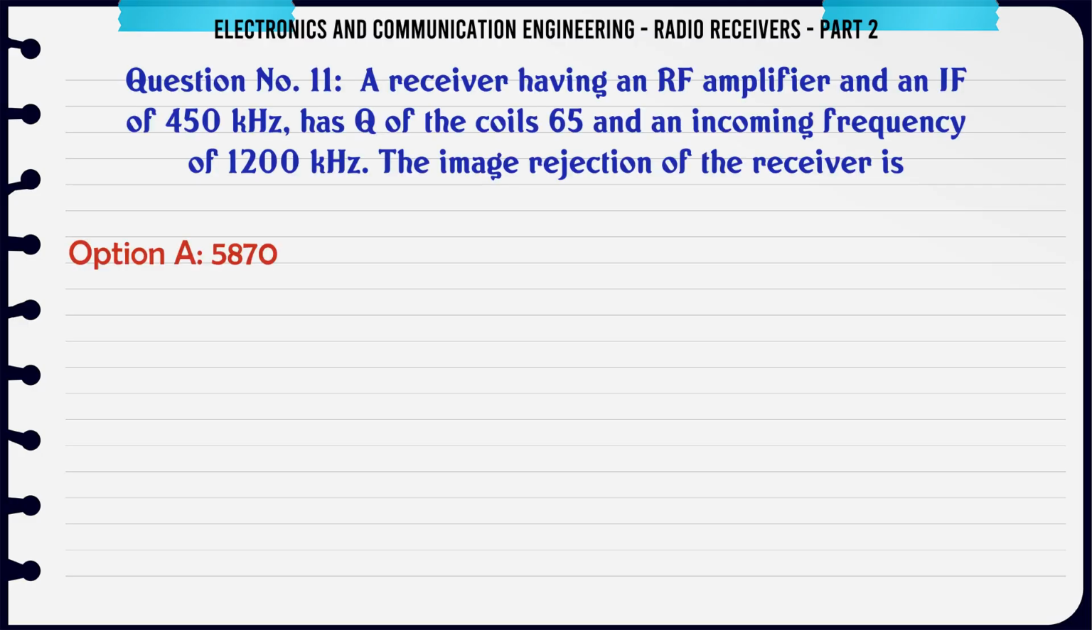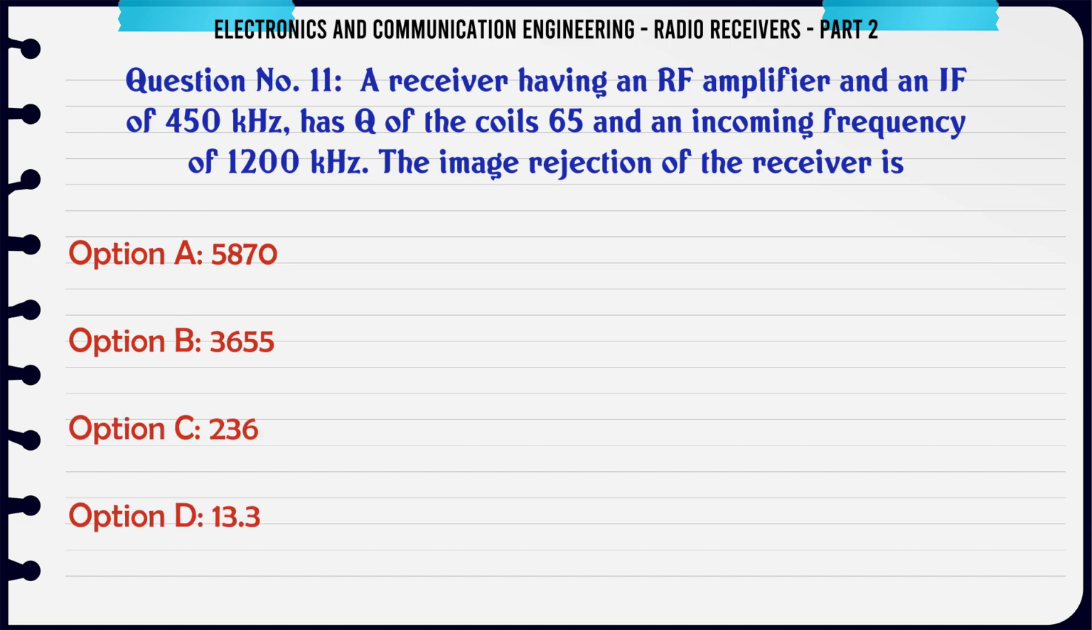A receiver having an RF amplifier and an IF of 450 kHz has Q of the coils 65 and an incoming frequency of 1200 kHz. The image rejection of the receiver is: A. 5870. B. 3655. C. 236. D. 13.3. The correct answer is